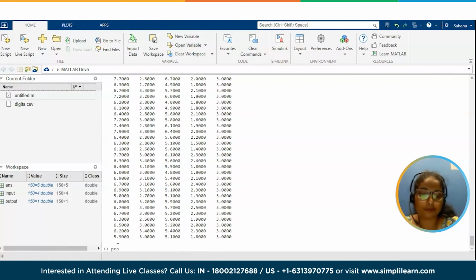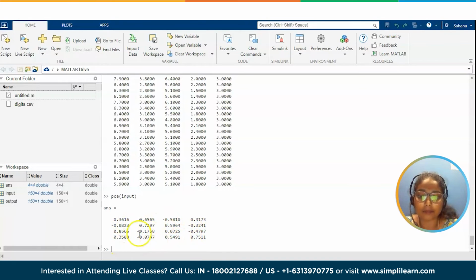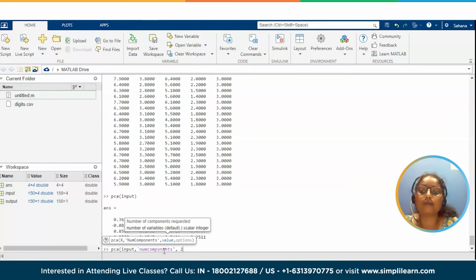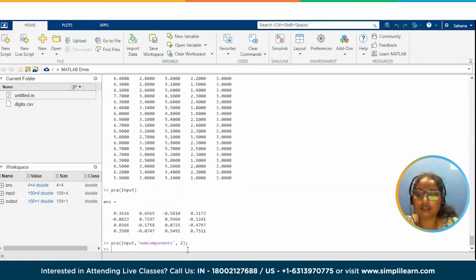To find PCA, I am using the keyword PCA of input. We have got the PCA of our input, which is a 4 cross 4 matrix. But I don't want this 4 cross 4 matrix. I'll specify the number of components, that is how many components I want in my principal component analysis. You can assign it to a variable, otherwise you can also do it with the components option, close, and you should specify the number. If I specify 2, I want 2 components. If I specify 3, I want 3 components. I want 2 components, so I am specifying 2, and then when we press enter,